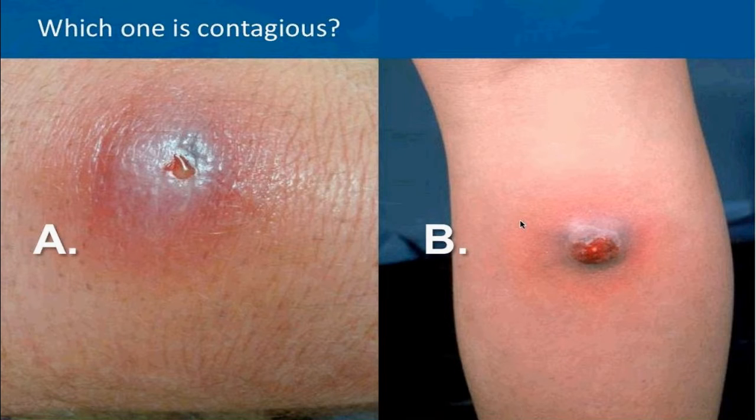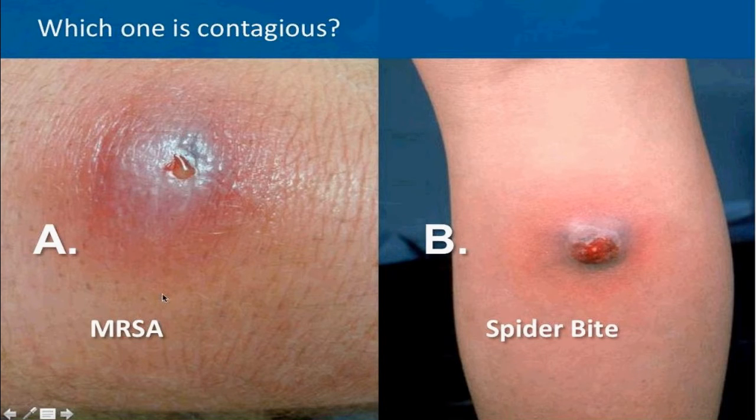So another A-B quiz. Which of these is contagious? So very hard to tell apart. So both of these patients presented saying, "Doc, I was bitten by a spider." And I'm sure everyone on the call has had a family member or patient, probably in the last week, that said, "Doc, I was bitten by a spider." And so they present like this. And I would say about 99% of the time when someone says, "I was bitten by a spider," it's actually a presentation of community-acquired or community-associated MRSA.